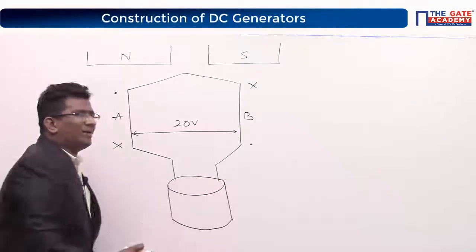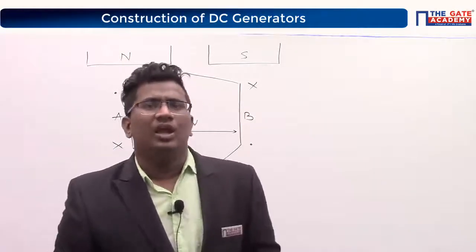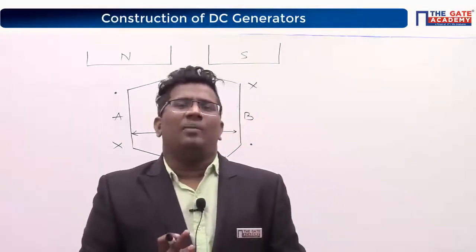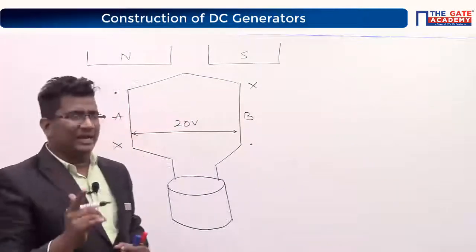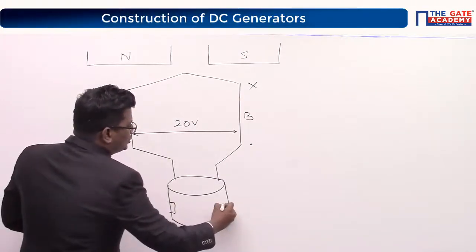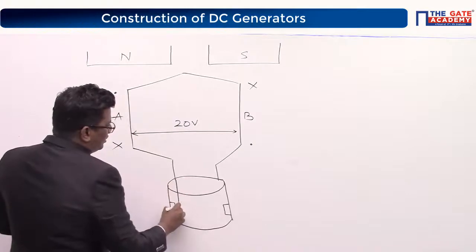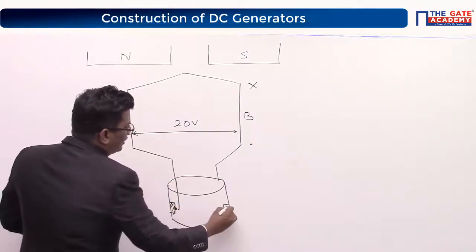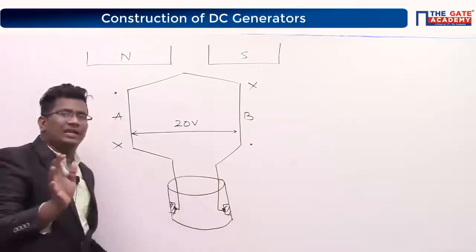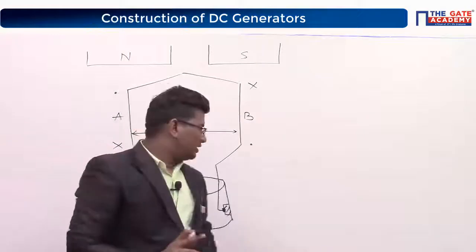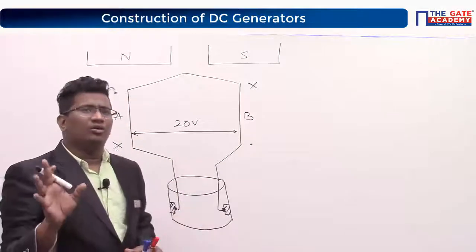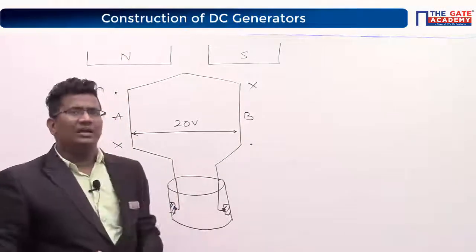Tell me, is your commutator a metallic device or a non-metallic device? Yes, a metallic device, right? So what I am going to do is, I will be shorting or soldering this connection, the conductor A connection and the conductor B connection, permanently. Permanently means, can I say it will be available throughout the working region or not? Throughout the working condition, it is continuously soldered together.